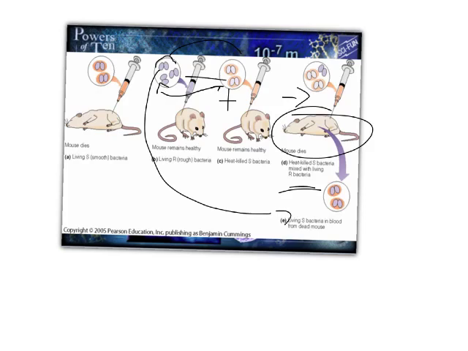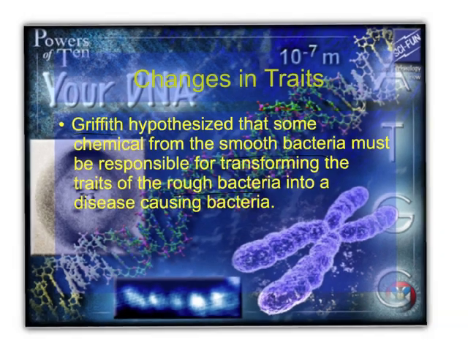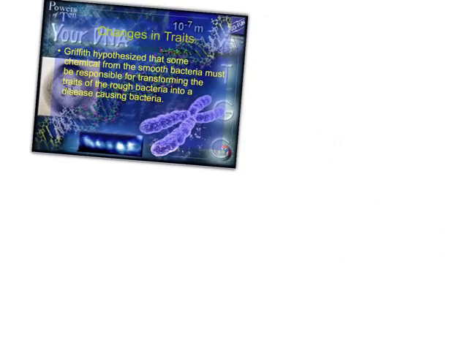Something had to be transformed, had to be passed from this one to that one. So what is that transforming principle? Okay, so he said that smooth bacteria must be responsible. Griffith hypothesized that some chemical from the smooth must be responsible for transforming the traits of the rough into a disease-causing bacteria. What we find out the chemical is, in this case, the chemical was called,